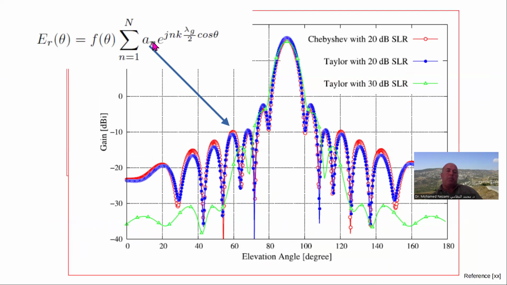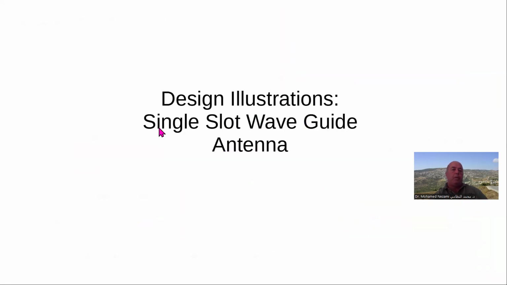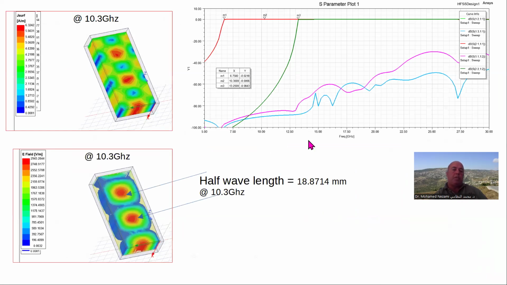Of course, we showed that we're going to use MATLAB to generate these coefficients, and incorporate those into Elliott equations to figure out the distances, so we can implement these numbers in here. Okay, and then we started the design of the 10.3 gigahertz slotted waveguide antenna,